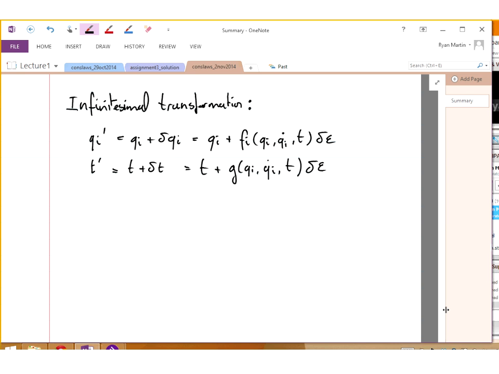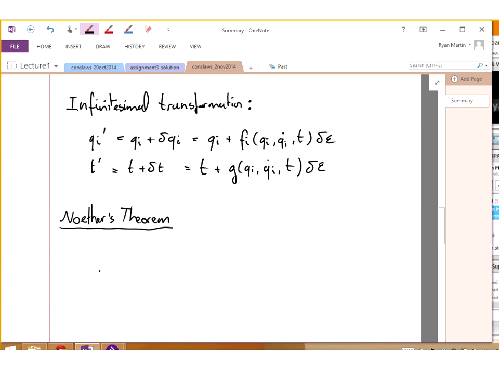And then we started to look at what's called Noether's theorem. And Noether's theorem tells us that each continuous transformation that leaves the action unchanged leads to a conserved quantity, which we call a charge, Q. Okay? And so